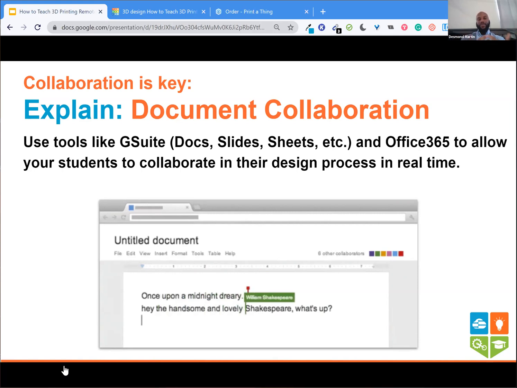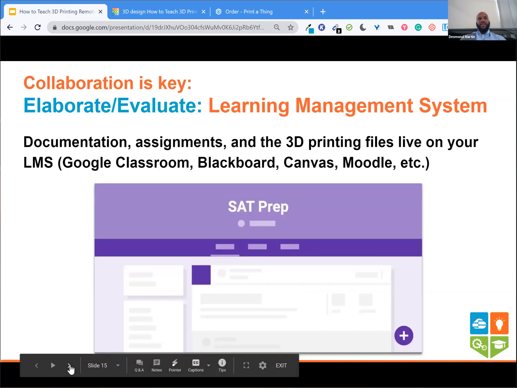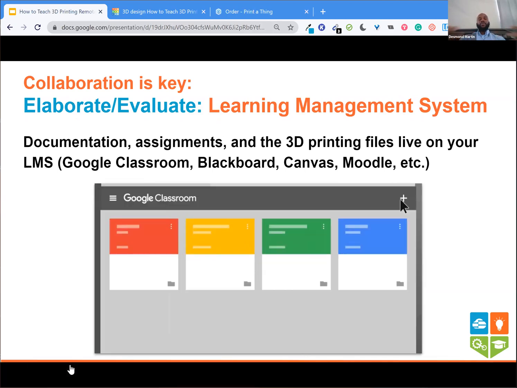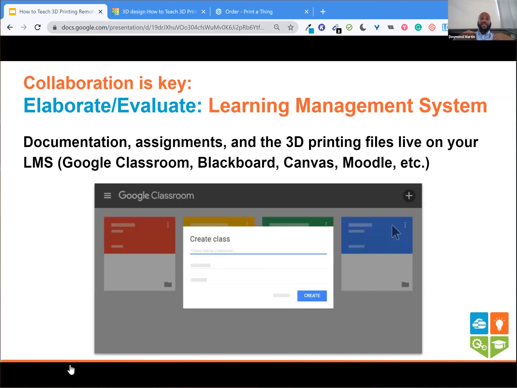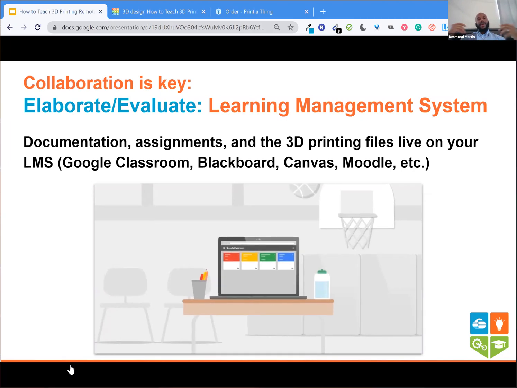That collaboration process is not only exchanging ideas and empowering student voices in new ways, but also is allowing you to see in real time how those ideas get exchanged. For our students who are elaborating, showing and explaining more of what they're doing, and for you as a teacher to evaluate, to be able to think about the progress and the things that have changed, that's where your learning